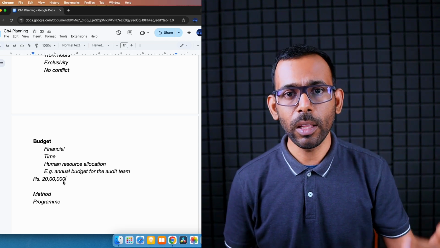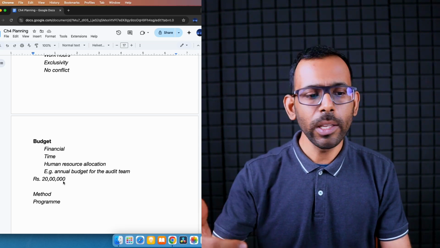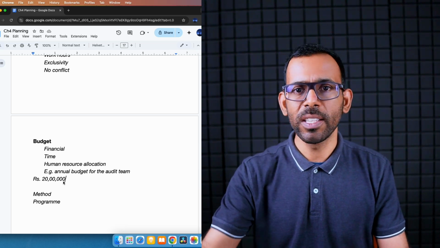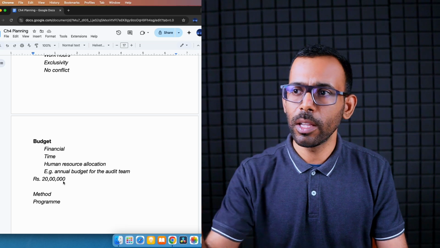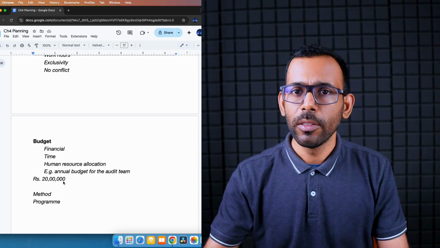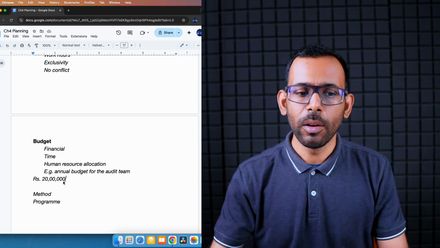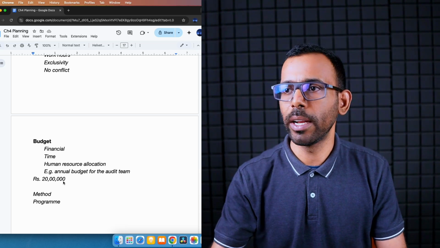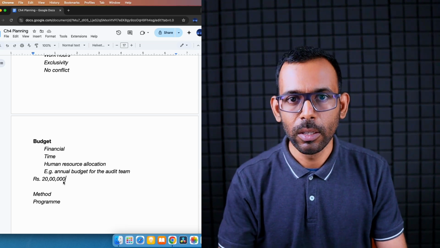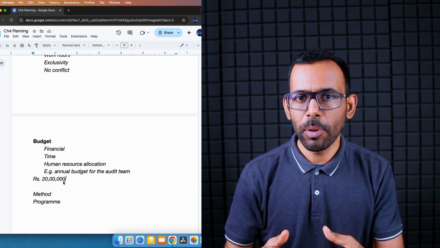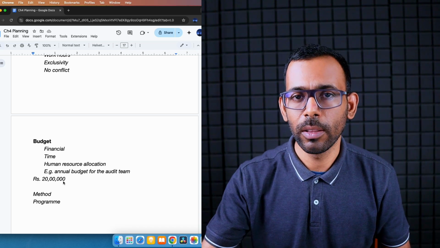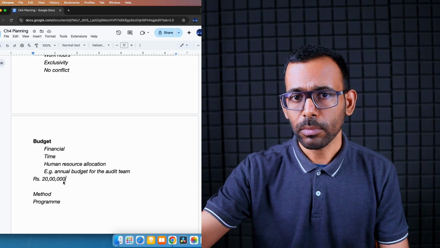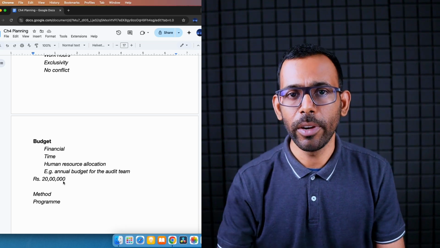Similarly, a marketing team will get a marketing budget. The marketing team will get a slightly higher budget because they deal with advertisement and everything. If it is a listed company, usually they will say, okay, this year we have to advertise in the IPL. This year we have to advertise in the World Cup and Premier League, a lot of high profile competitions. So they will get budgets like 10 crore, 15 crores. Depending on the size of the department and the nature of work that department carries out, the central management will give you the budget for each and every team.